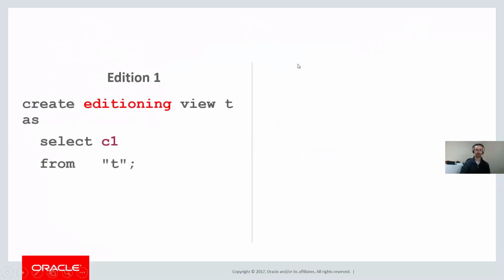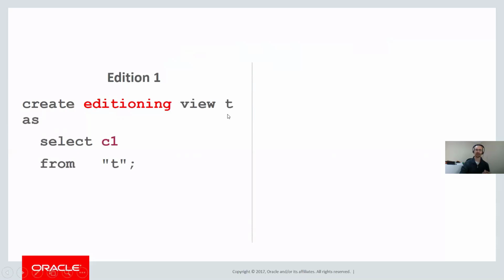And how does this work? Very briefly. So this is a big topic, and there's a lot to cover on it. So I'm just going to give you the 5-minute overview. But basically, what this does is it extends the namespace to include something called an edition. So when you connect, the fully qualified name of an object is now edition.schema.object name. And part of the properties of your session is the edition name. So what that means is you can have two copies of an object in a database. Most objects. You can't do it for things like tables.